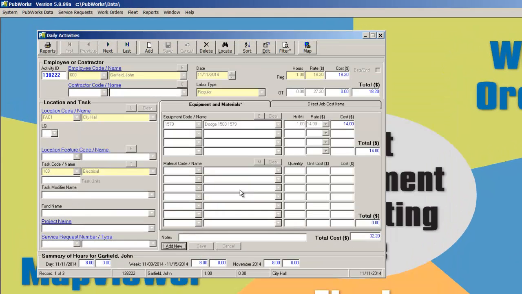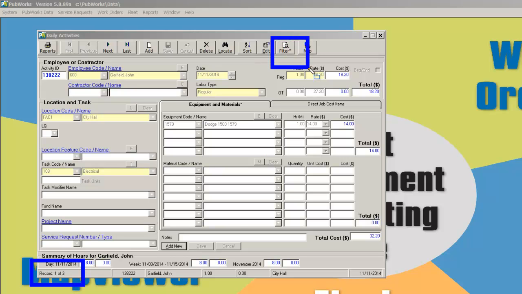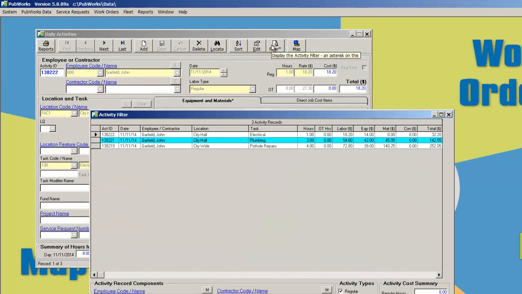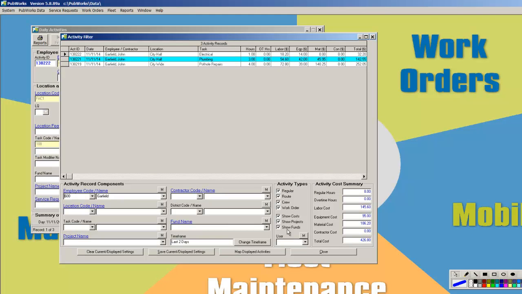And now if you go down, you'll notice that I only have 3 records. That's because I've set the filter, and I know I've set the filter because there is the little asterisk right here by the word filter. So to get rid of the filter, remember that frequently when you are looking for an activity and you don't find it in the system, don't panic and think that you've lost that activity. Go up, look at the filter button. If it has a little asterisk, it means I have it on. So just click on it, and then I'm going to clear all the settings that I have. And so I'm back to